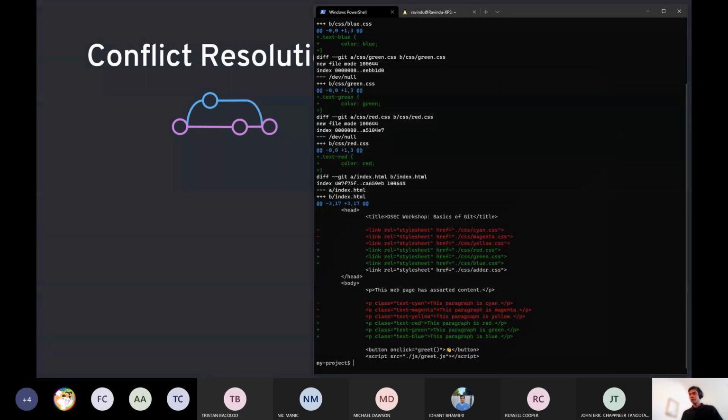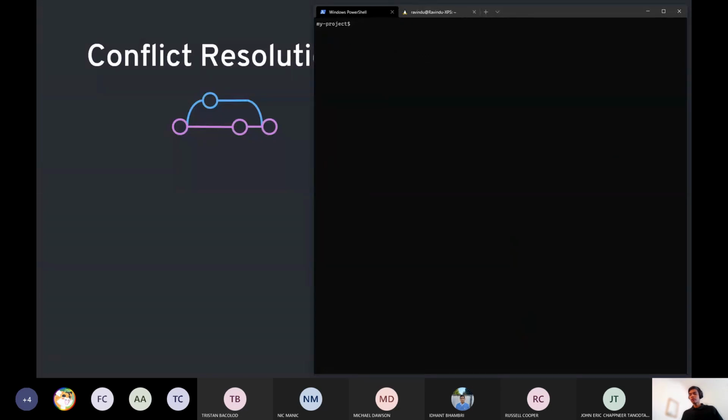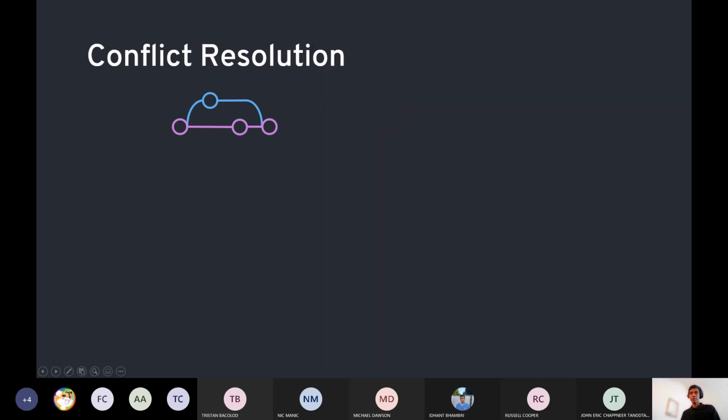So let's continue with the merge. Once again, remember we did git merge and then feed highlight, and it said we've got a merge conflict. So let me merge feed highlight. It says we've got a merge conflict in index.html.